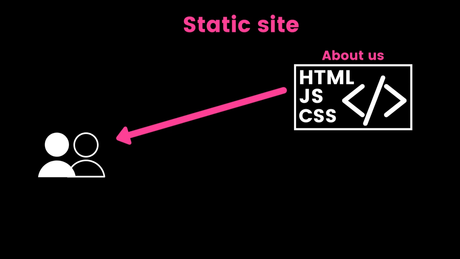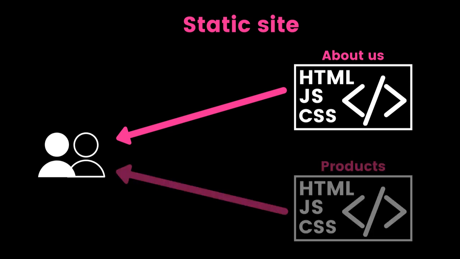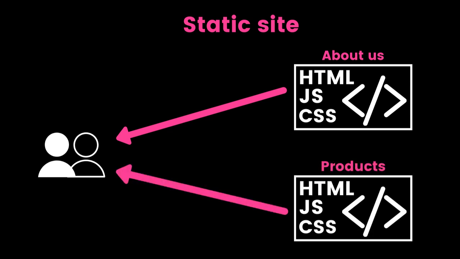So the About Us page will exist, a pre-built About Us page with all the HTML, CSS and JavaScript that is required for it. And let's say the user requests a products page, a products page will exist with all the HTML, CSS and JavaScript in it. So the About Us page will contain the HTML that contains the text about that particular